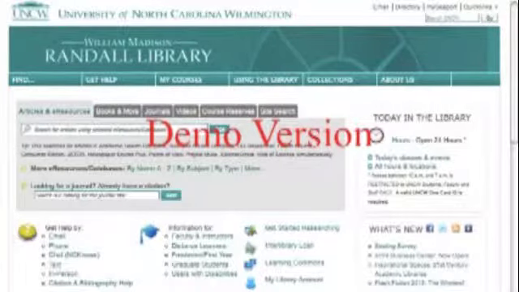Mates, today Erin and I are going to introduce you to a great database called ScienceDirect. So here we're at Randall Library. I know there's a big red demo version on the screen and that kind of sucks, but hey, it's a